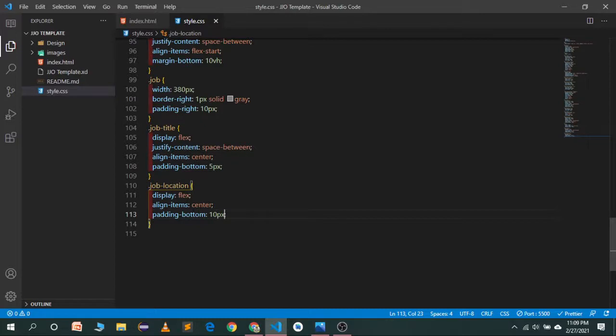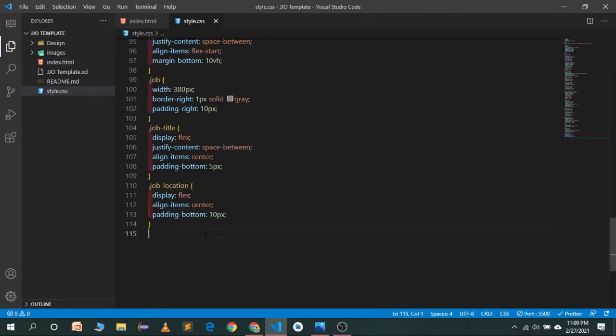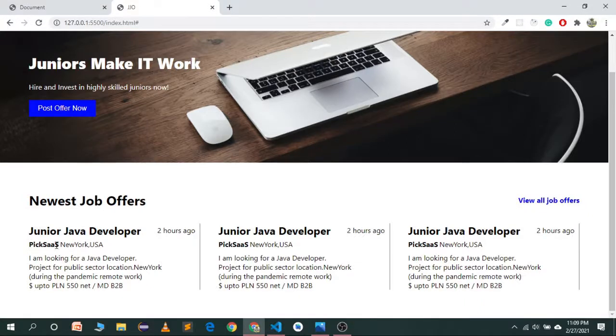For job location, in the index.html file we will target the p tag and give it a margin left of, let's try 3 pixel. Let's save it, and now you'll see we have a space and it's looking good.